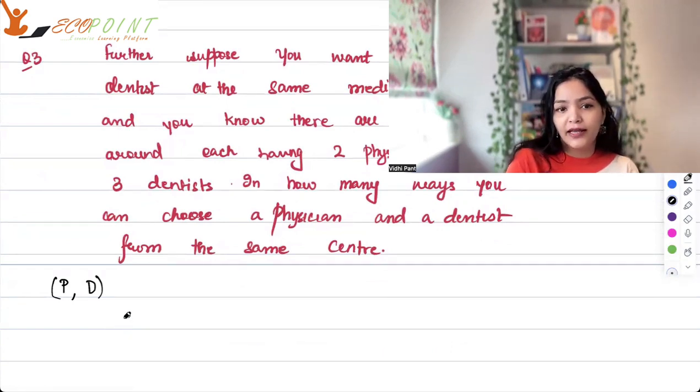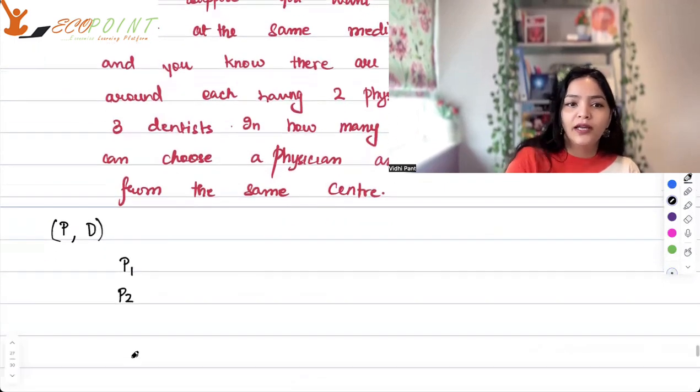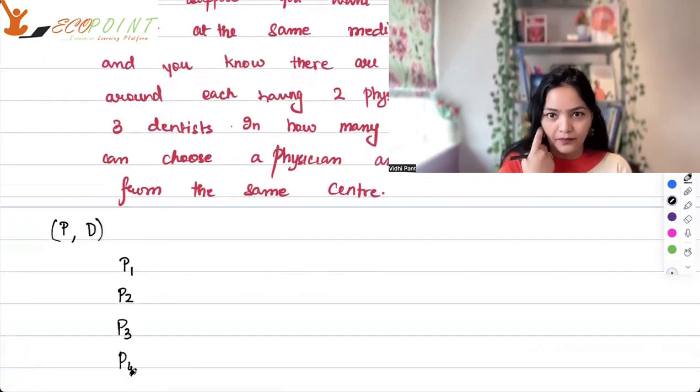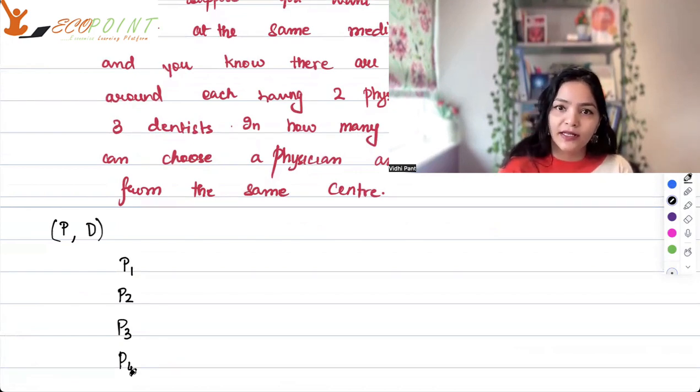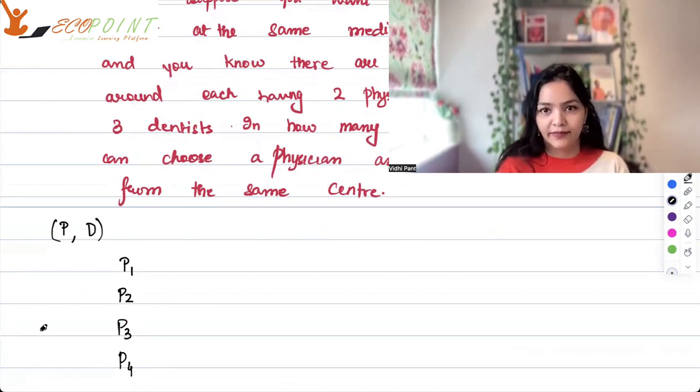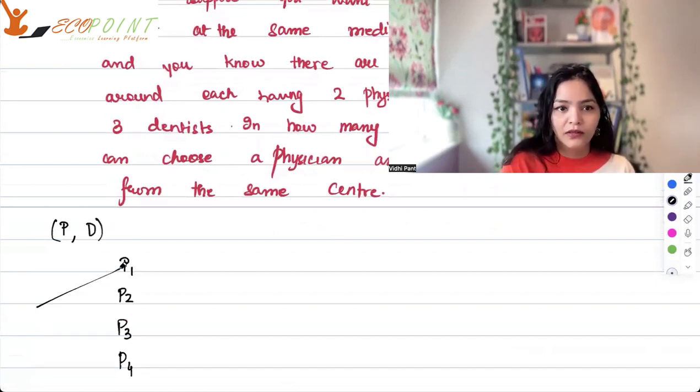अब फिजिशियन ना, I have, for physician I can go to physician 1, I can go to physician 2, I can go to physician 3, I can go to physician 4. तो फिजिशियन के लिए ना मेरे पास 4 ऑप्शंस हैं। दिया हुआ है हमें कि इन टोटल हमारे पास 4 फिजिशियंस है, राइट। सो फॉर फिजिशियंस आई हैव 4 ऑप्शंस।